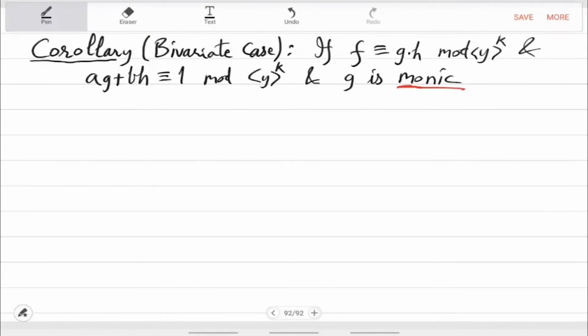Monic, again, remember, is: g is bivariate in x and y, and look at the highest monomial in x, the coefficient of that is 1, right? That is what monic means. So this is actually interesting when g is giving you a root of f, right? So x minus a of y, for example. When g is of this type, x minus a of y, then a of y is actually a root of f